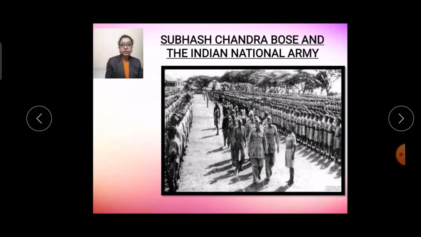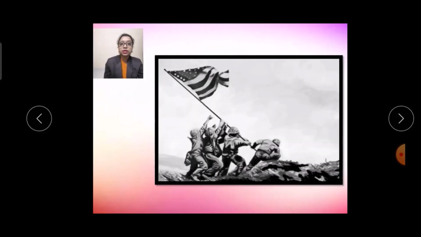About directions we have already studied in chapter 2, maps. So the Indian National Army fought against the British on the northeast borders of India. At first the Indian National Army pushed back the British, but finally the British defeated the Indian National Army. So here you can see how the British defeated the Indian National Army on the northeast borders of India.